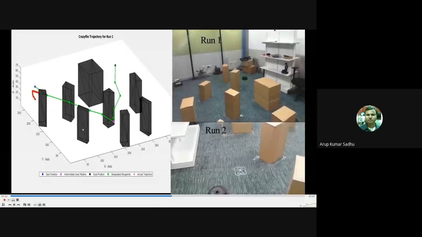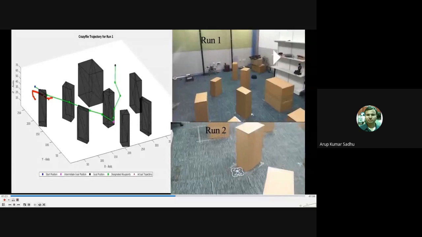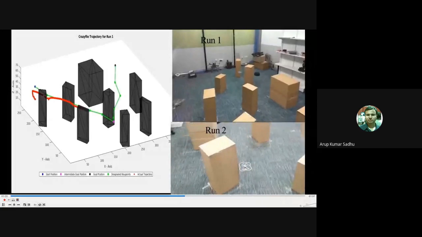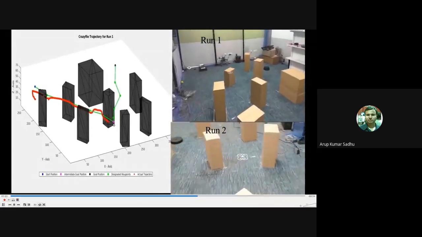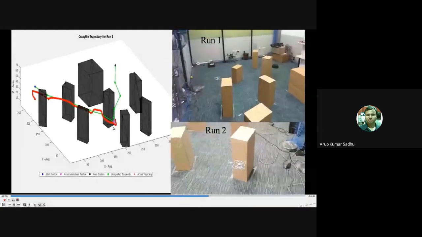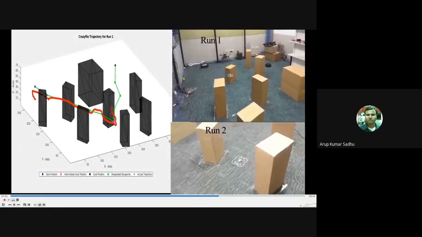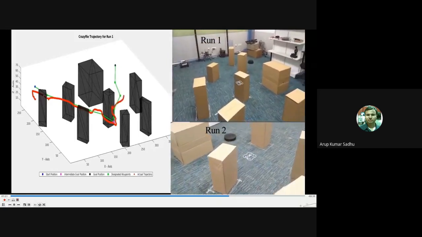So this is the online tracking information, also shown on the left hand side. This is our algorithm output, the first one, and the red one is showing the information from the OptiTrack. So OptiTrack is getting continuous feedback from the drone. You can see that it's trying to reach the waypoints each time. As there is no control algorithm to attain the waypoint at that point of time, it is deviating, but it's trying to attain the waypoints each time.